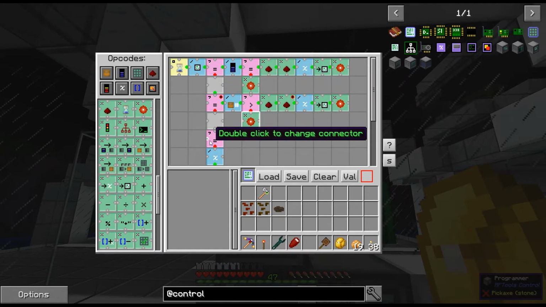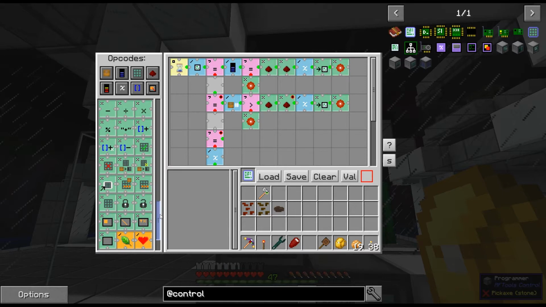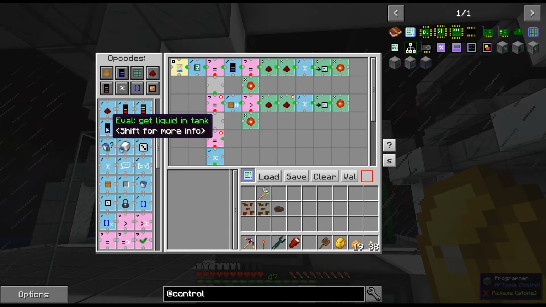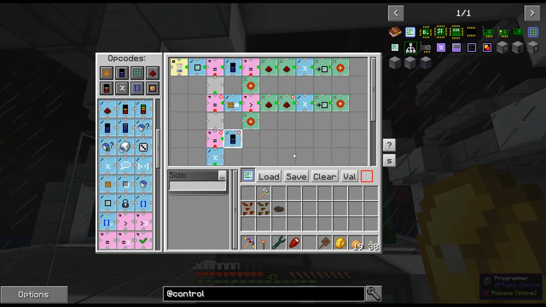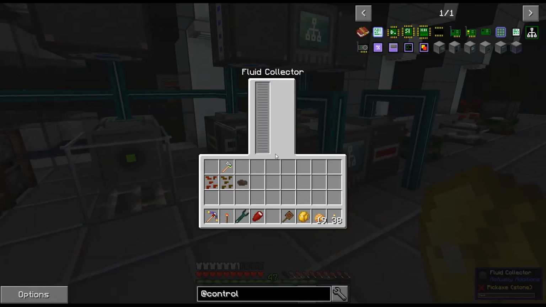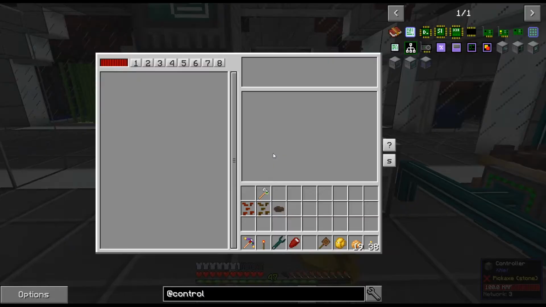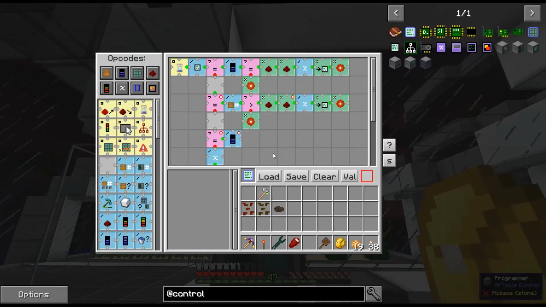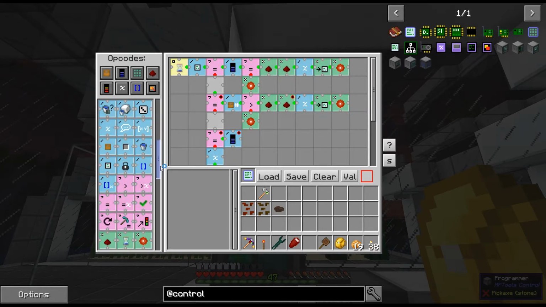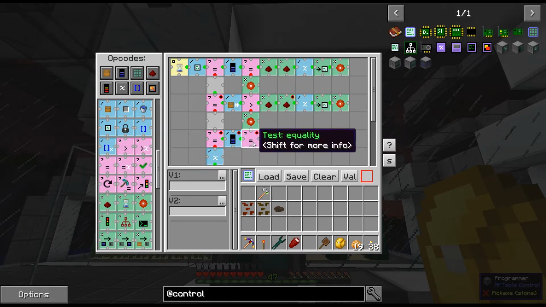Is it 2? Yes. And now we need to check the fluid collector, get liquid in tank. I need to check if I have room to pick this up, right? What if this is full? I can't pick it up. I would say pick it up, my program, and it doesn't actually happen. But I would change the token, right? So I gotta first make sure that I have room in the tank, and because it's always by buckets, I'm simply gonna check, are you equal to